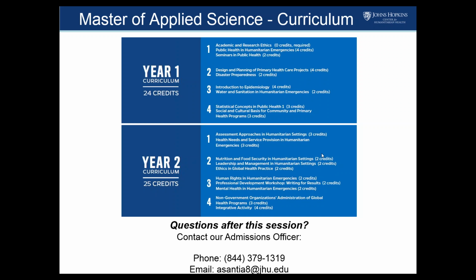So as you see, you'll be taking 2 classes every 8 weeks. And that would be from September until May. Students will have the summer off from mid-May until end of August. And then classes will begin again in September for the 2nd year, and again run from September till May with